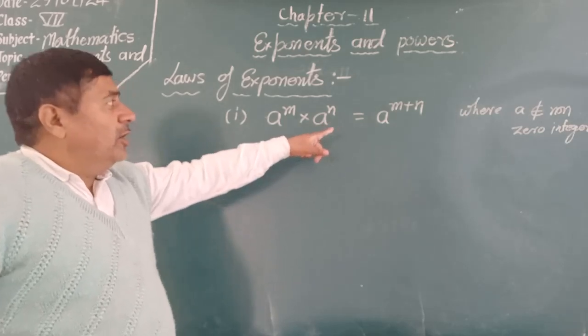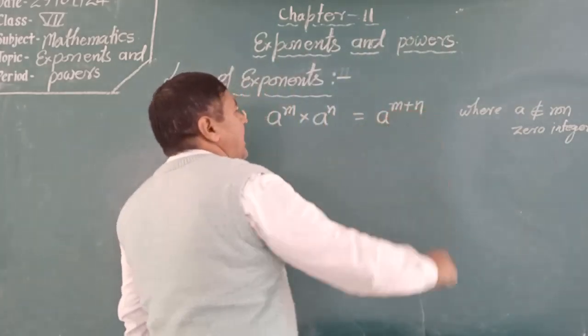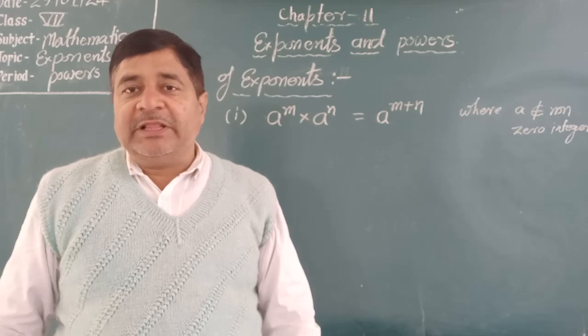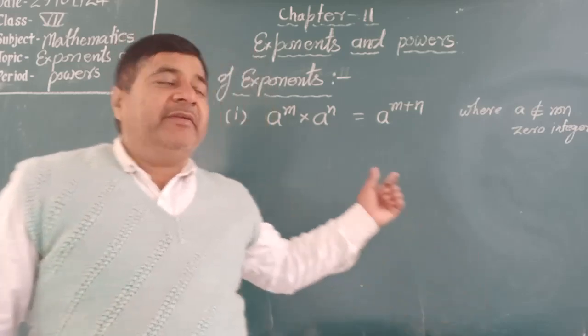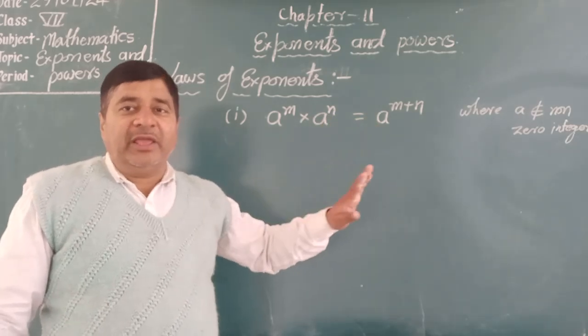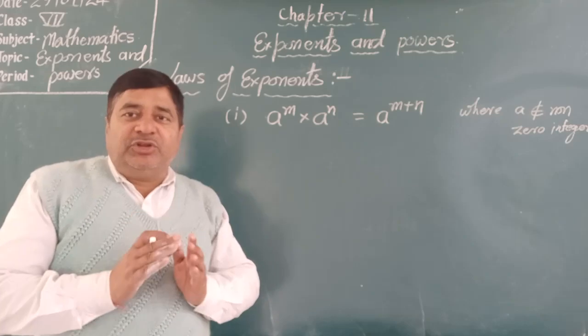Okay, now this is a to the power m plus n, where a is non-zero integer, मतलब जीरो के लिए ये वैल्यू, a बेस इसका जीरो हो तब ये फॉलो नहीं होगा, ठीक है, नॉन जीरो इंटीजर।